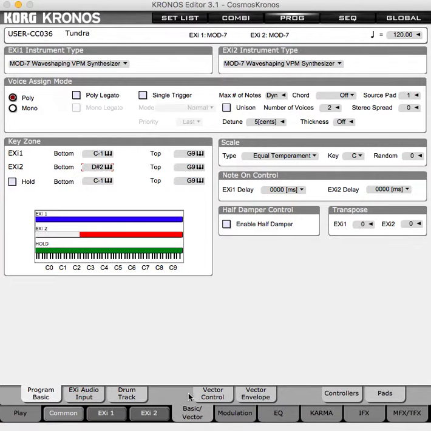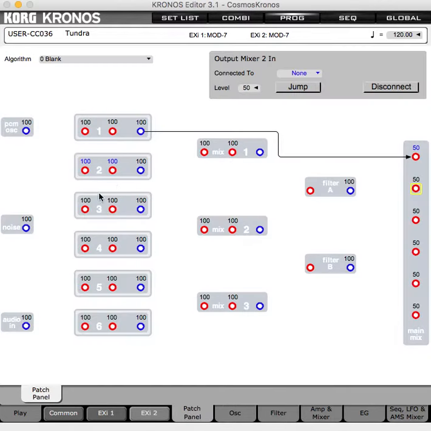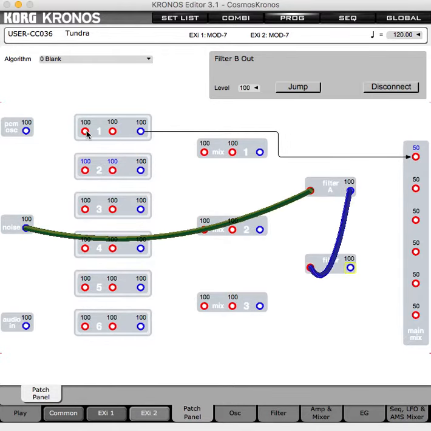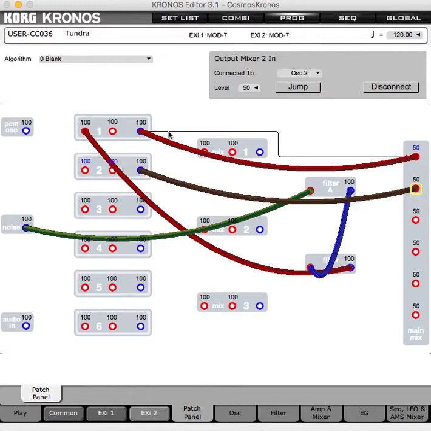So D#2. Now let's go into EXI2 and set up our routing off the bat. Be careful when doing this to not play a sound immediately because the noise is going to be so loud. And then that's good. You know what? I just realized we don't need to actually route this since it's already hard patched in there. So go ahead and disconnect. Excellent. Okay, so noise going to the two filters going to VPM oscillator 1 and then VPM oscillator 2 going